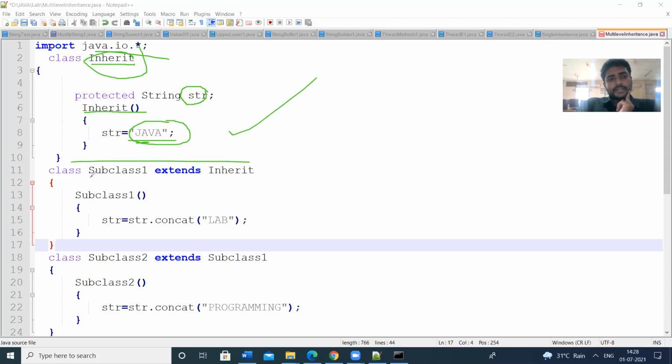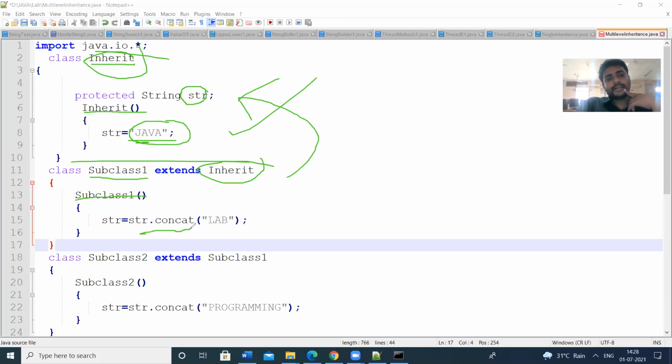Here I am defining another class, subclass 1, which extends the properties from inherit. So this class may use the properties from that class. Here I am defining another constructor, subclass 1.